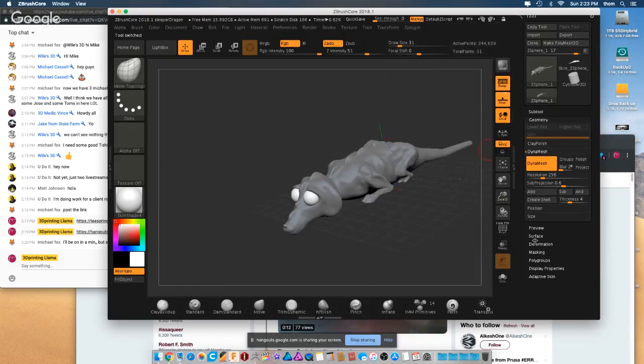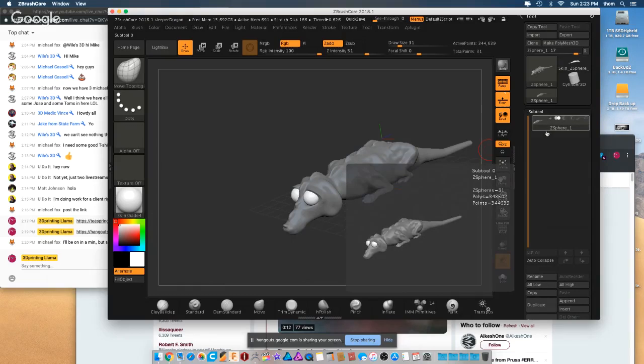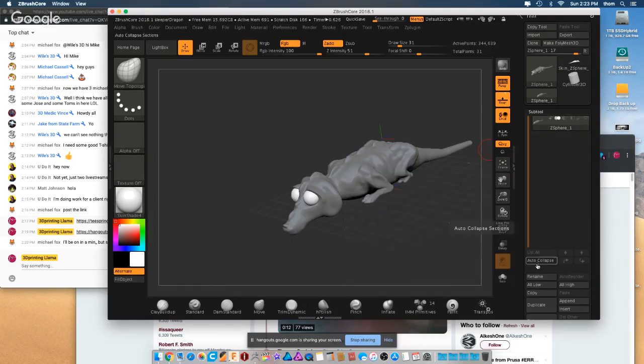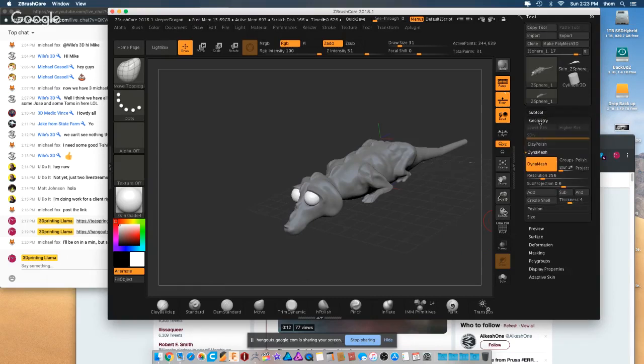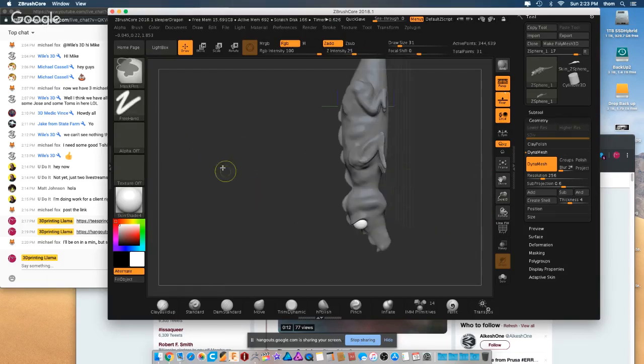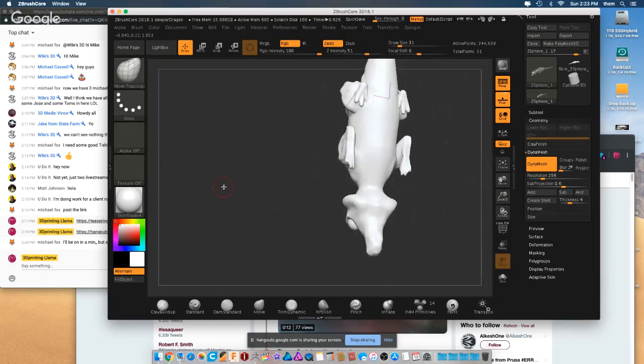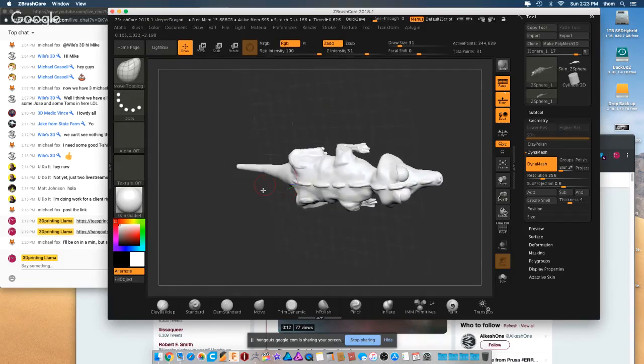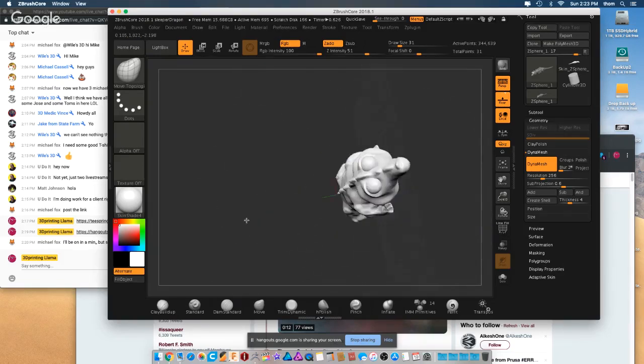Where's the surface? Subtools. ZSphere. Auto collapse. Whatever that does. Okay, that did something. Not sure how I did it, but